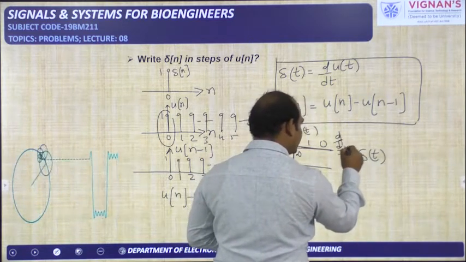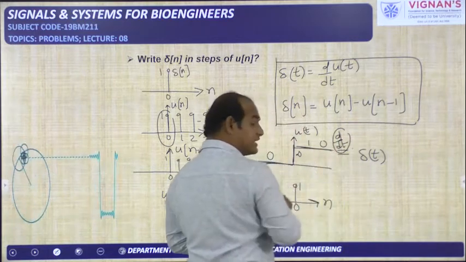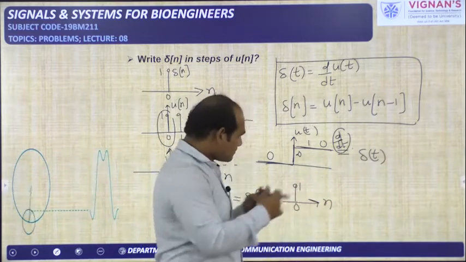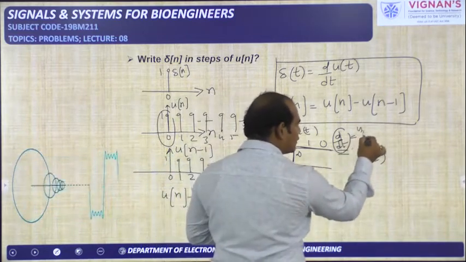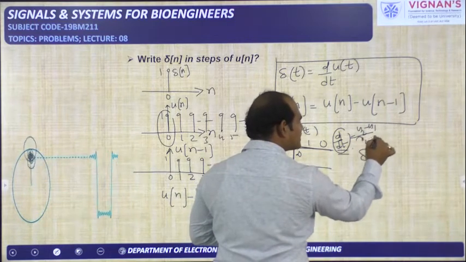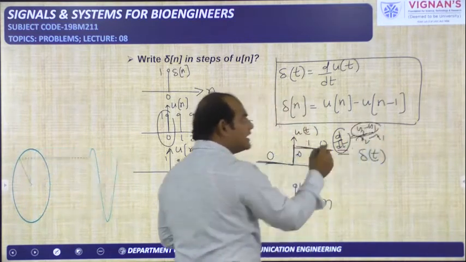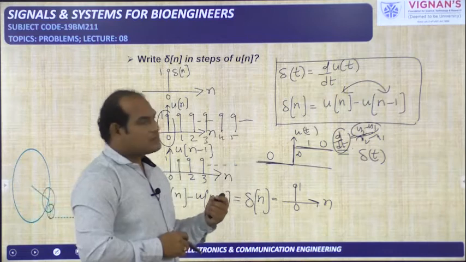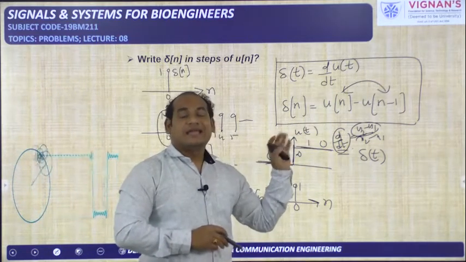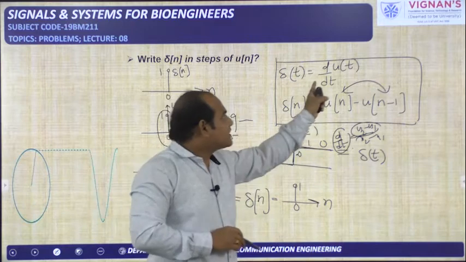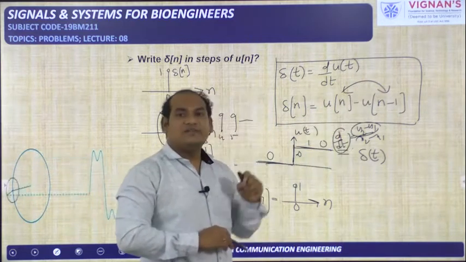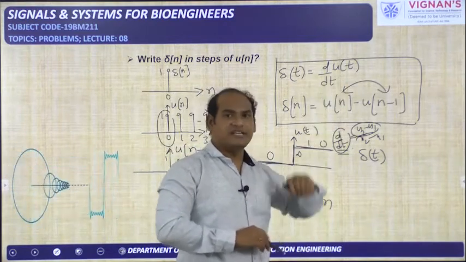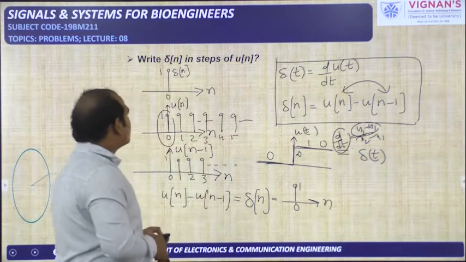So simply you have calculated the slope and you are telling that is the del of t. We did here d by dt. Upon this signal we have applied the derivative operator, you got del of t. So d by dt of u of t will provide del of t. What is that? D by dt means if you give the coordinates, y2 minus y1 by x2 minus x1. So the difference between two things will provide the differential version. So in discrete domain also same thing. In the continuous domain we will tell differential equation. In the discrete domain we will tell difference equation. So like this you can remember.